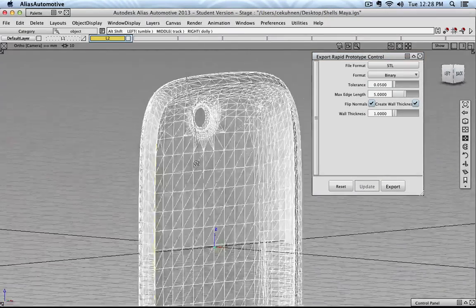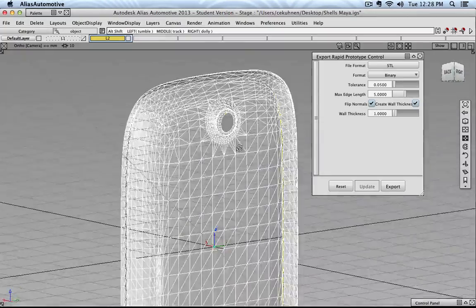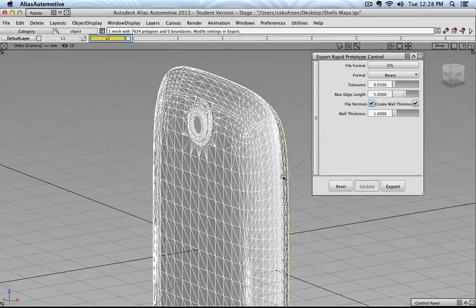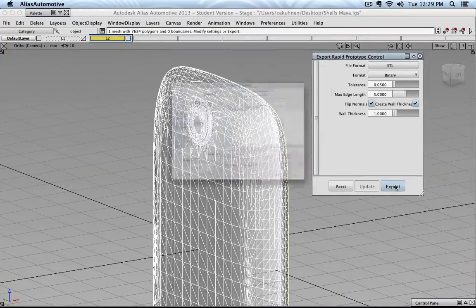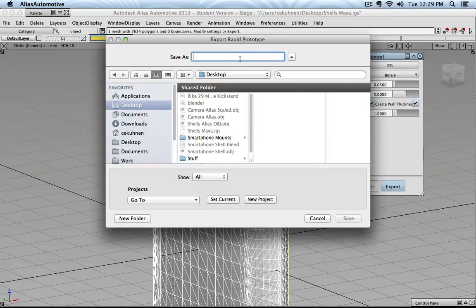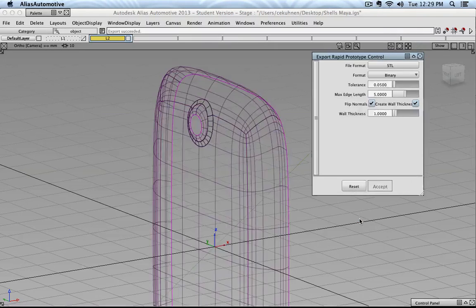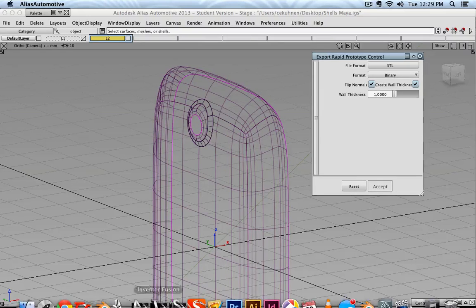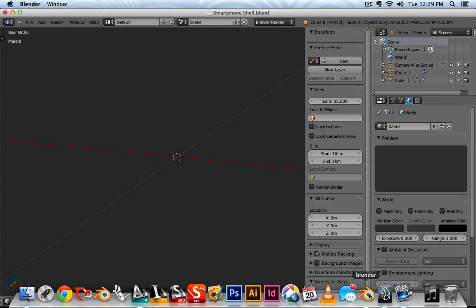So, and then this is basically now the computer model. And then you can click on export. I'm going to my desktop and say, this is my shell alias STL. Click save. And let's go back to Blender